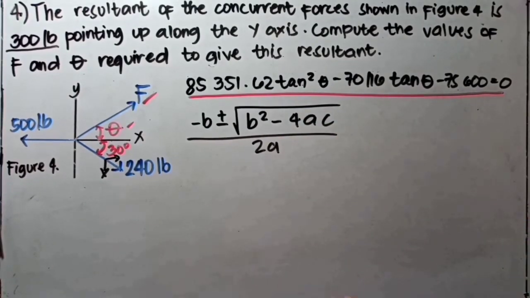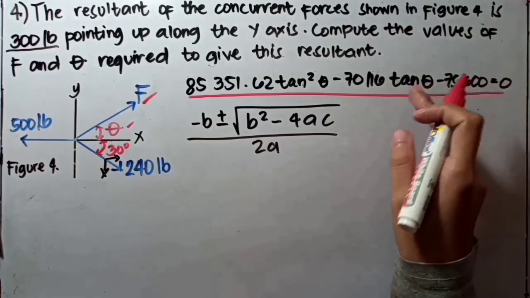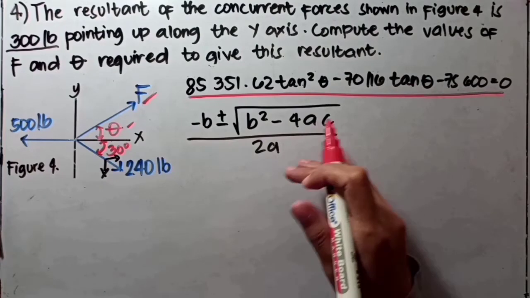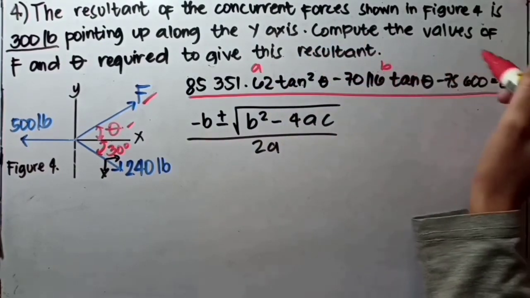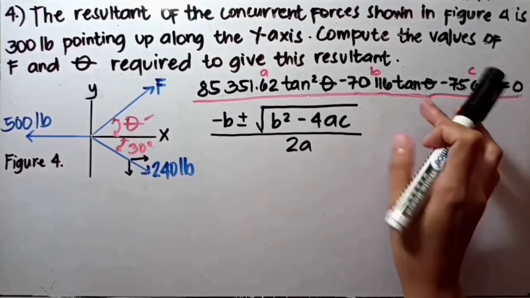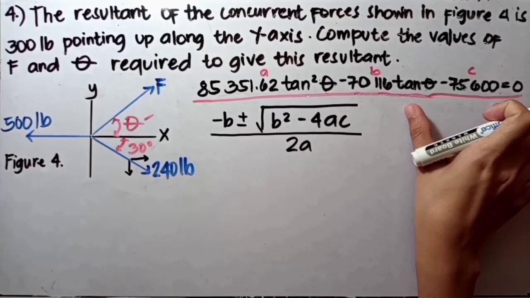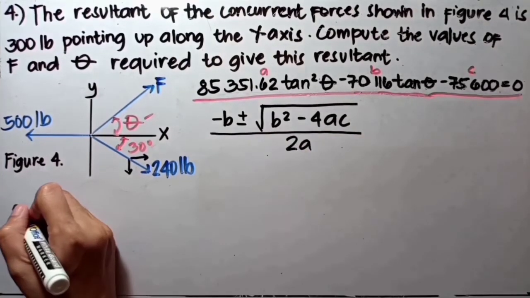Okay. Now, based sa ating na-derive na equation, isa-substitute lang natin ang mga value dito sa formula. So, ito ang a, ito ang b, and then ito ang c. Isa-substitute lang natin itong mga value dito sa na-derive nating equation sa ating quadratic formula. So, for b,